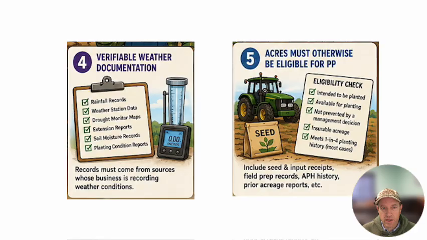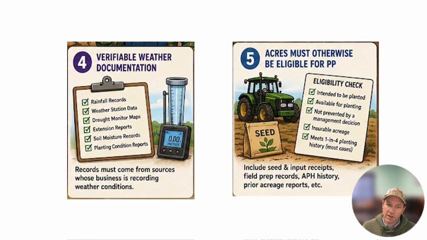And then the other thing is the acres must be eligible for PP. So if you were normally a half and half crop-fallow guy, and this was the first year you planned to seed some recrop peas or something, that's not going to fly for this. But if you're a guy that did a lot of recropping and now you're cutting back acres, you're going to fallow some acres or maybe seed those to cover crop after the late plant period because it is so incredibly dry, that's where this would fit.